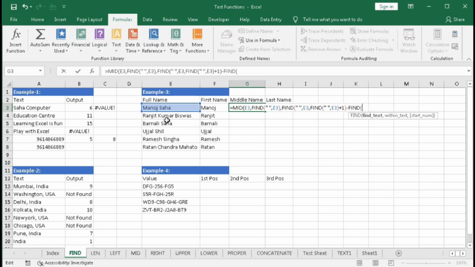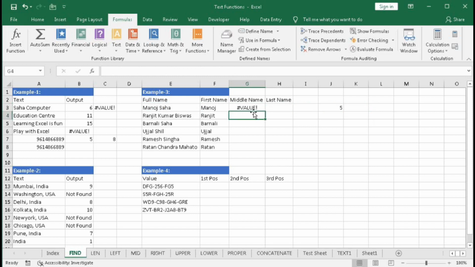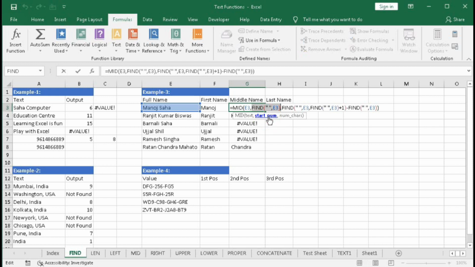So FIND space, comma, this text, bracket close. Then bracket close for MID. Now press enter. We got an error here. Now drag this. So here we got Kumar, but here we have a space. You can see here also we have a space. So our starting position should be here, the start number.